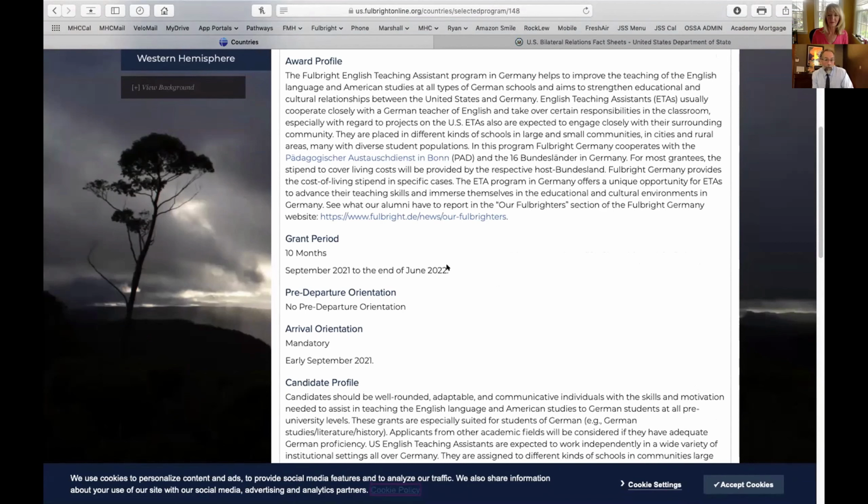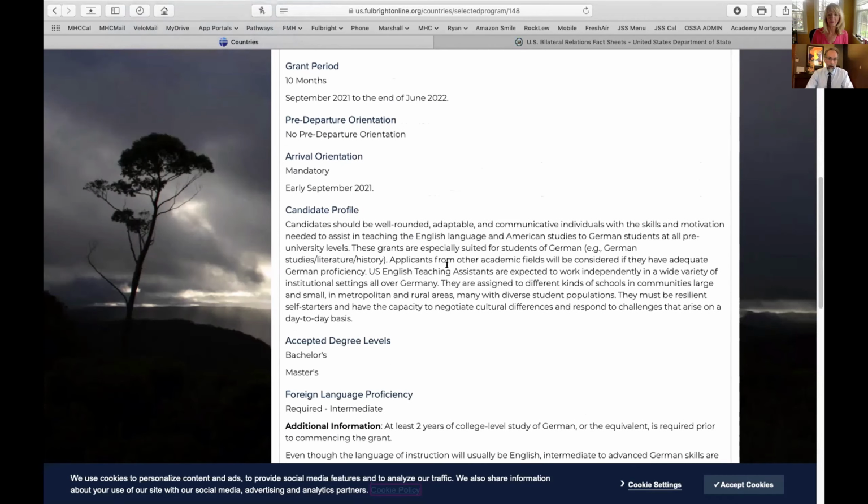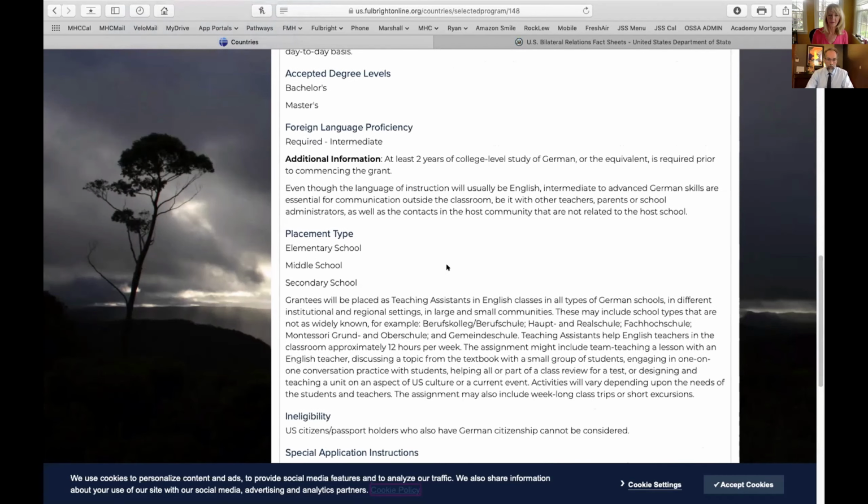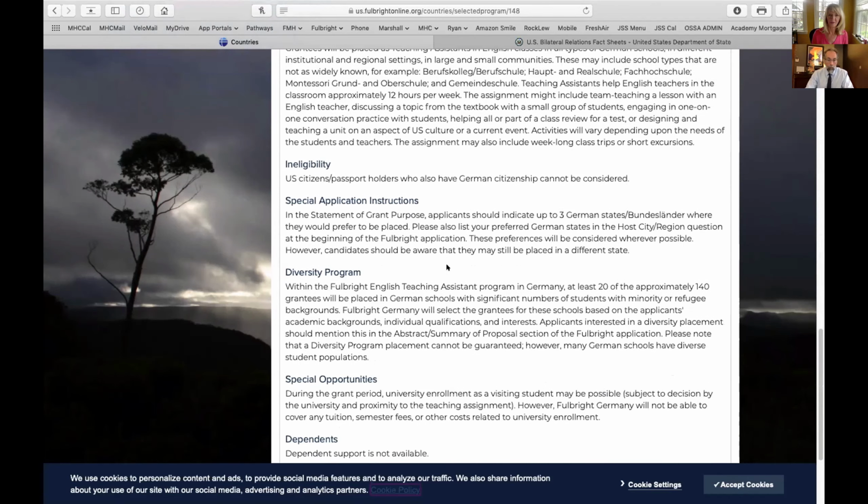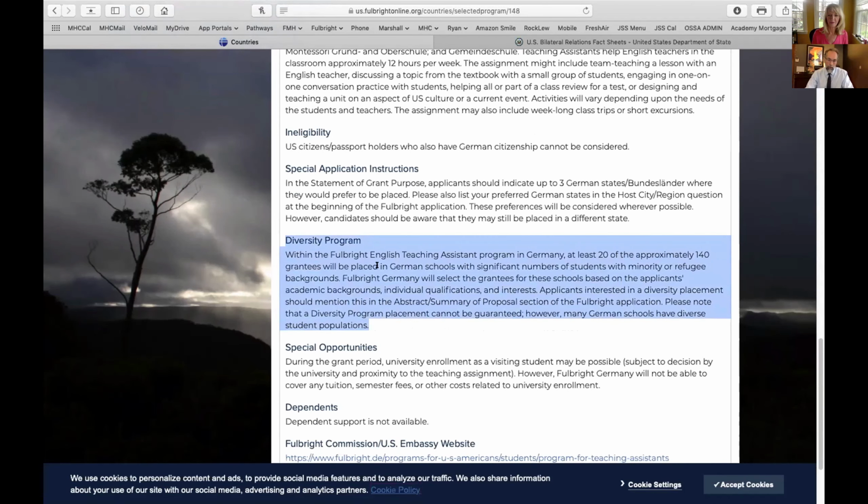The ETA program in Germany is also very responsive to the policy needs of the country. So thinking about the program in general, United States State Department, relationship with the country, the government of the country, and especially in the ETA case, the Ministry of Education in that country. And in Germany, one of the things that they're really looking for in their applicants is whether or not you have experience working with diverse communities.